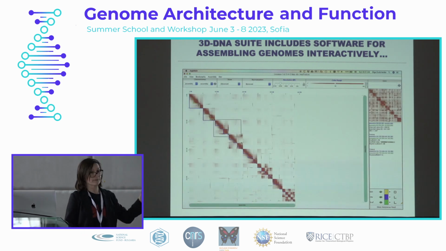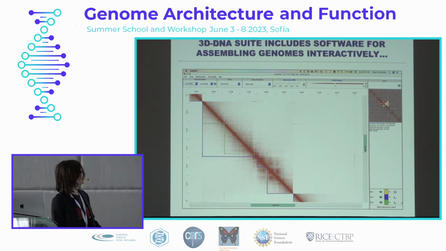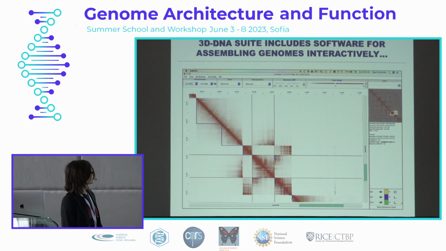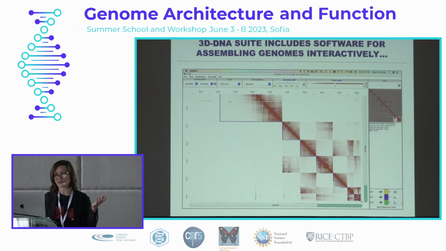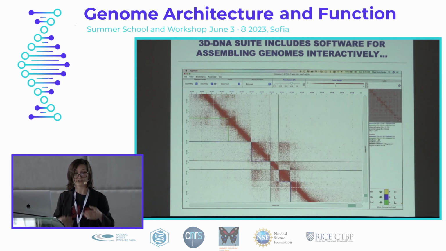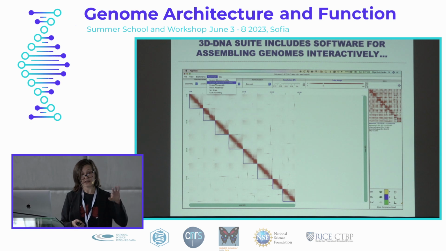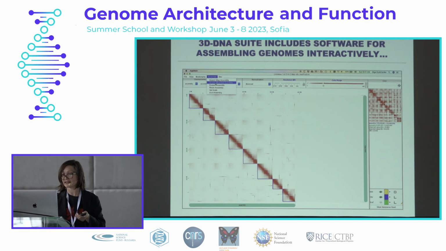It's the same kind of map, the same kind of randomly arranged contacts, a map that didn't look quite like what you expected from a normal Hi-C contact map. And then I went in to edit misjoins, move things together in 1D, things that seem to have a lot of contacts, invert bits within the individual chromosomes, and then it's just, if you were keeping track of the time over there,